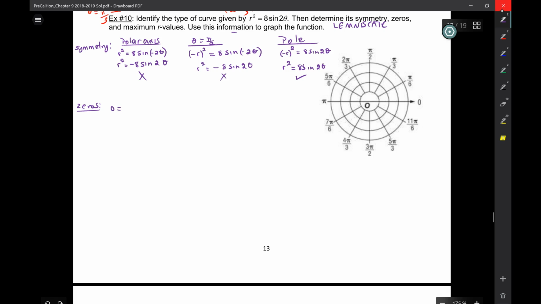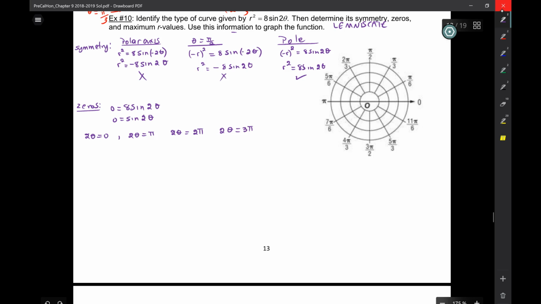I'm going to set the whole function equal to 0. So 0 is equal to sine 2 theta. Sine is 0 when the angle is equal to 0, pi, 2 pi,